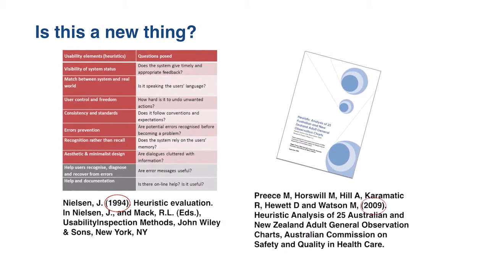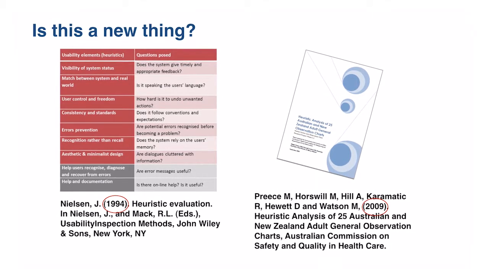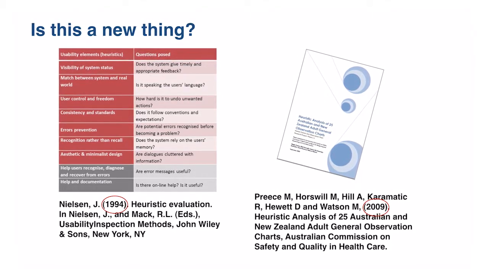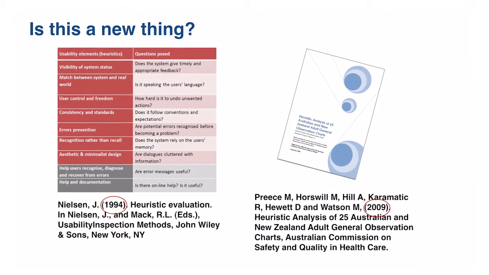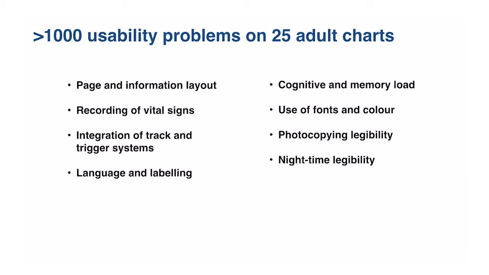We also looked to healthcare to see what we could find there, and we found this fantastic piece of work done in 2009 on adult early warning scores in Australia. In the work in Australia, the authors looked at 25 charts, and they found over 1,000 usability problems on these charts. So we found simple things like page information and layout, use of font and colour and observation as on